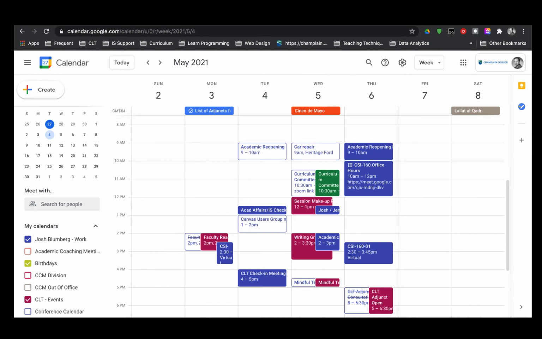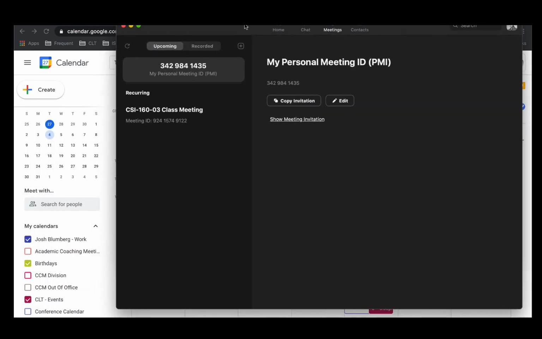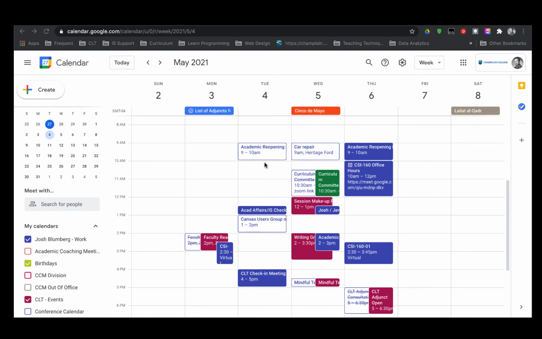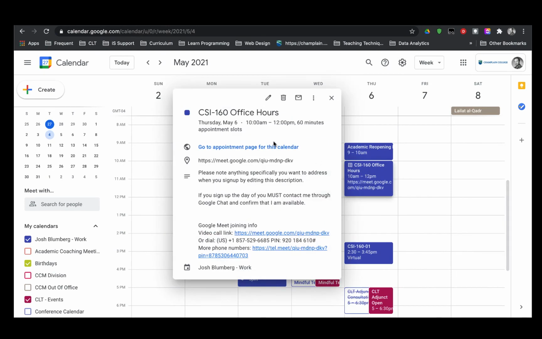What does it look like in Zoom? Well, let's go ahead and grab Zoom quickly. Here it is. And in Zoom, Zoom usually comes with a personal meeting, right? And I would suggest maybe you just want to use the personal meeting ID. That can work really well. So I'm going to copy the invitation for that and edit my office hours